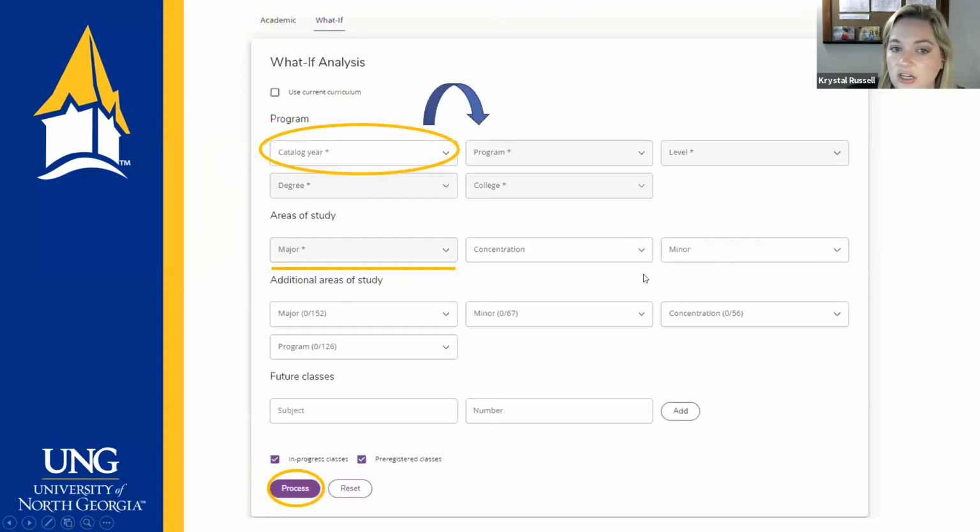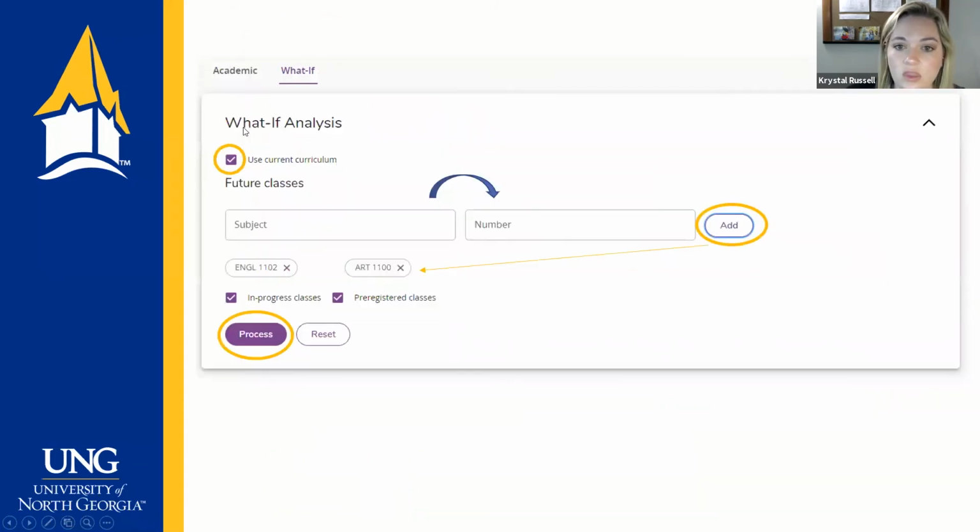The other function of the what if is up here at the top. If you check this use current curriculum box, this allows you to put in classes that you're planning to register for to see where they would fall in your program curriculum and where they might satisfy in the core or in your major classes. So you would click the current curriculum box, it would pull this up and eliminate all of that other what if